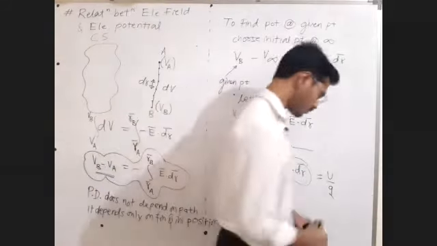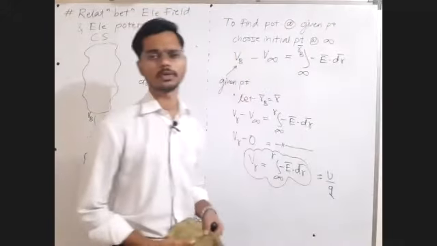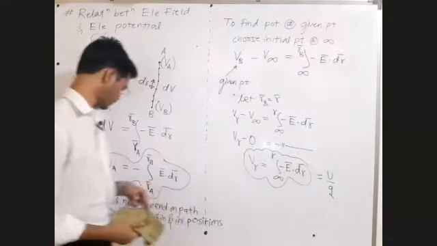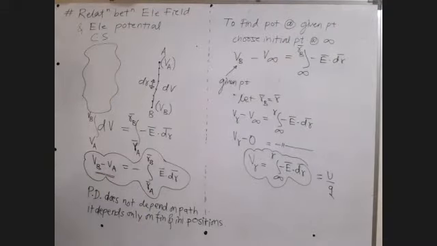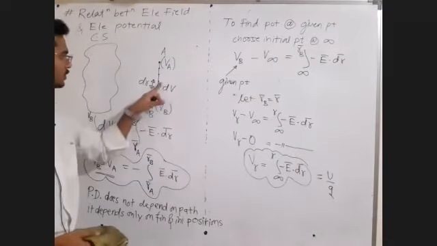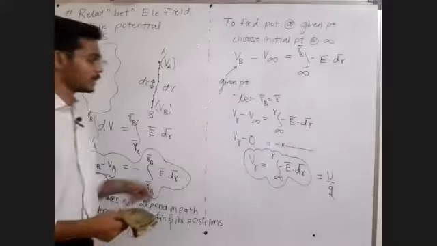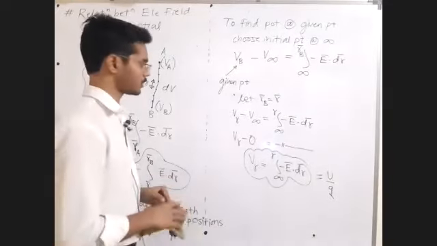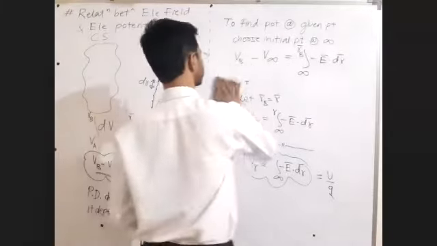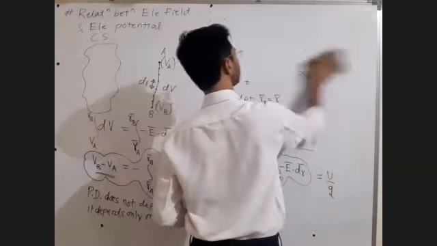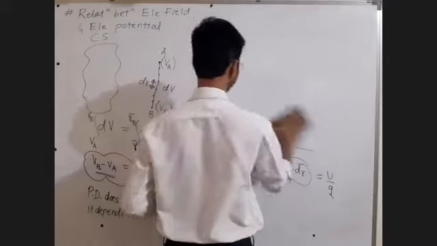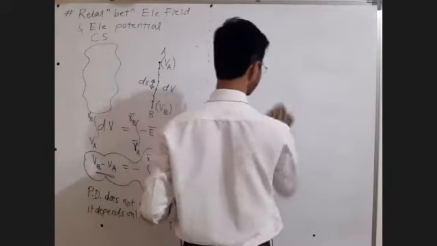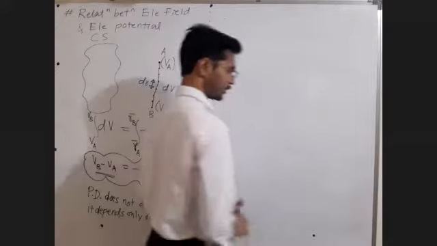Okay, fine. Now sir, we want to find out the electric field at a given point. We found the potential at a given point, and the very small potential difference between the two points. But now we want to find the electric field at a given point, and relate it with the potential or the potential difference. Let's do it. We are continuing the same point, the relation between electric field and electric potential. What are the possible relations? We are doing that.